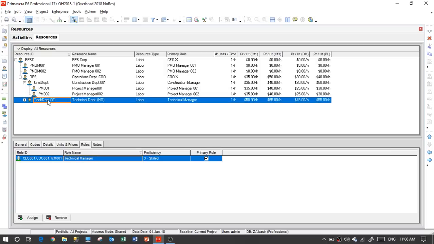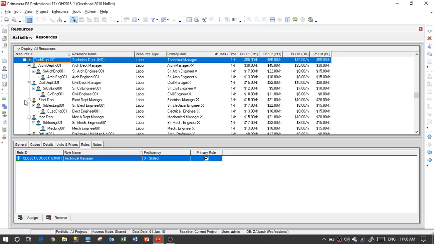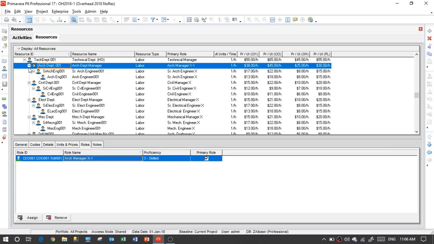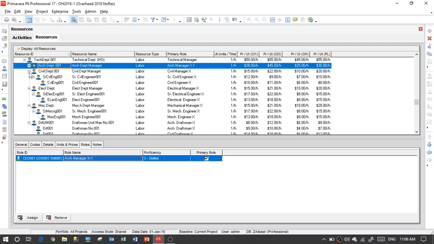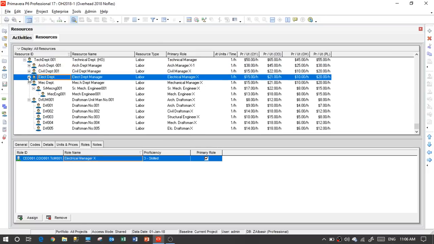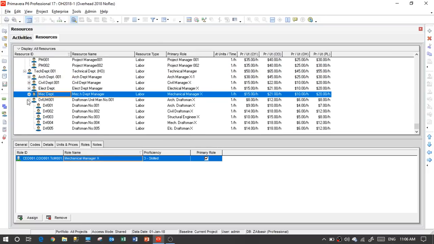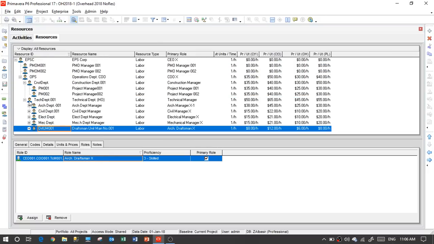Then we have a technical team, which includes most of the important departments: architectural, civil, electrical, mechanical, and draftsman. Notice that I put the draftsman as a pool, different from the departments, because we need them to work on everything, not just specialize in one. Even if some of them specialize in one discipline, they should accept working in other disciplines if requested.